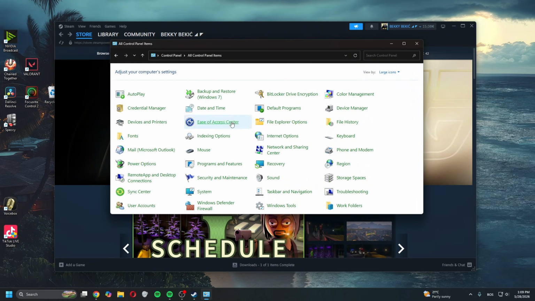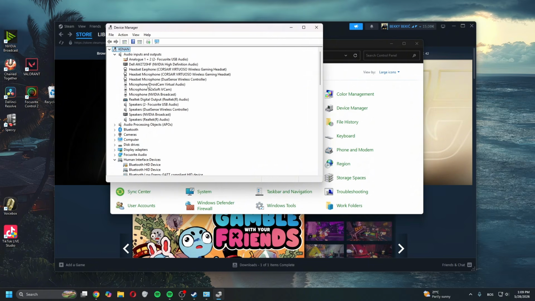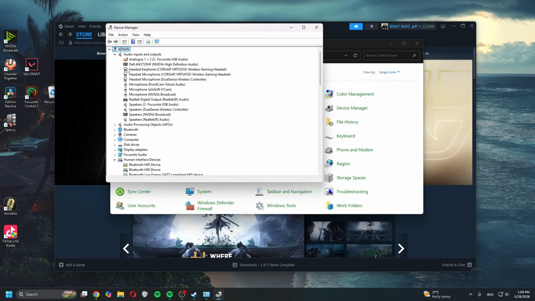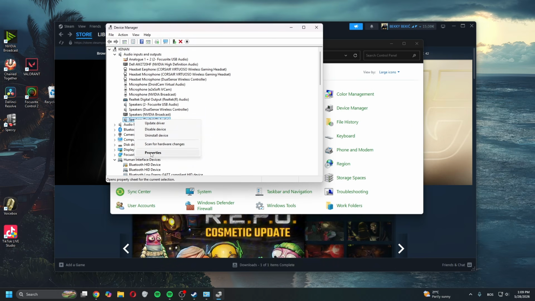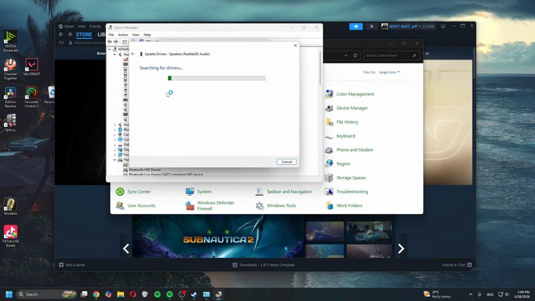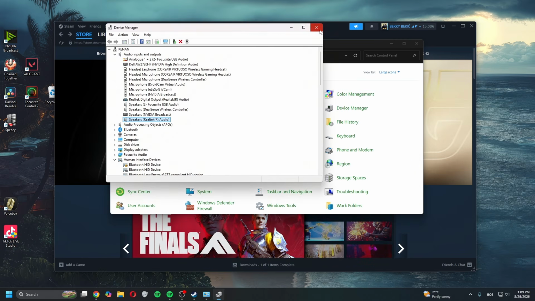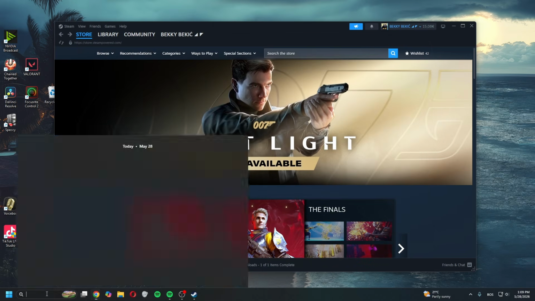And after you're done with that, you can go back to here, click on device manager. Now go to audio inputs and you want to find your speakers or headphones, whatever you're using. In my case, this is the speakers. You want to right click on it, properties, go to drivers and update driver, and you want to search automatically. If you don't find any, what you can do is close this out, exit out of this, go back to